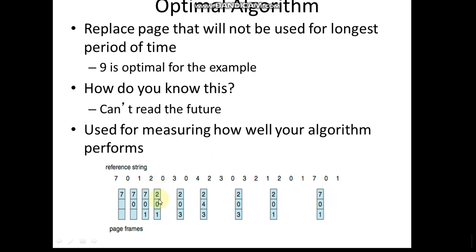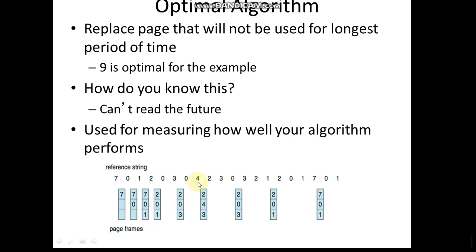So 0 is the next request, it is not causing a page fault, so it is written as it is. When the request for 3 has come, we have 2, 0, 1 as the frames. Among these, which is used at a later point of time? 0 is an immediate request, next 2 is requested, 1 is requested at a later point of time, it is not used for the longest period of time in the future. So we have to replace page number 1 by the new request, that is 3 has to be placed in place of 1. So 2, 0, 3 is the status.